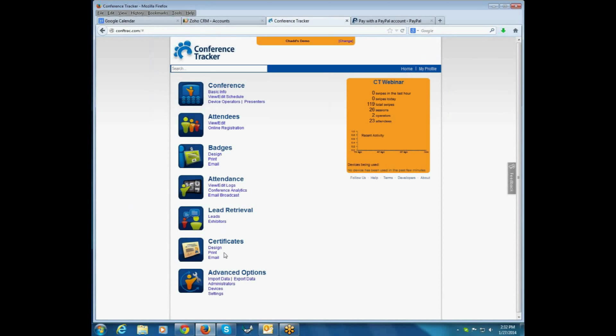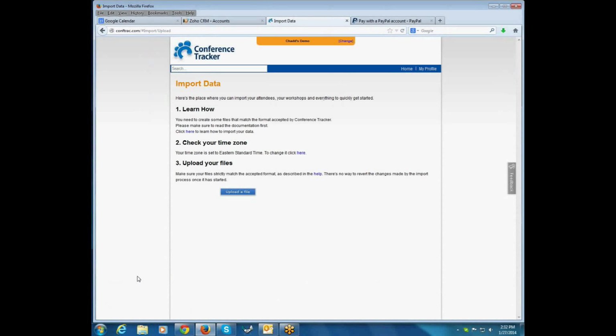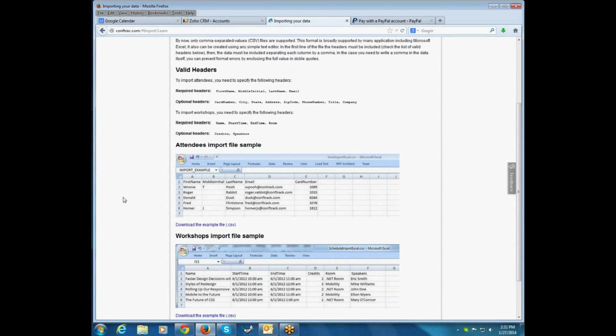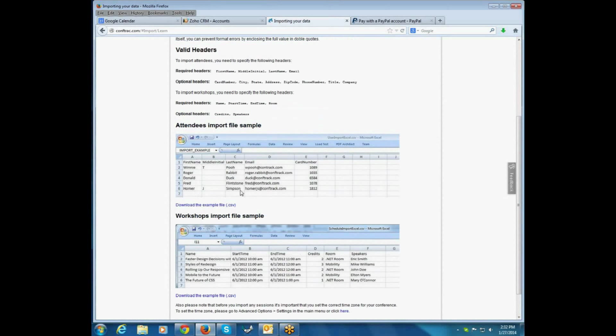The last option we have is an import, and most people use the import feature just because they either handle their own registration or they already have a bunch of registration before they purchase our software. So they do imports, and it's basically just a CSV or Excel file. And like I said, the only thing that's required for your attendees is the first name, last name, and